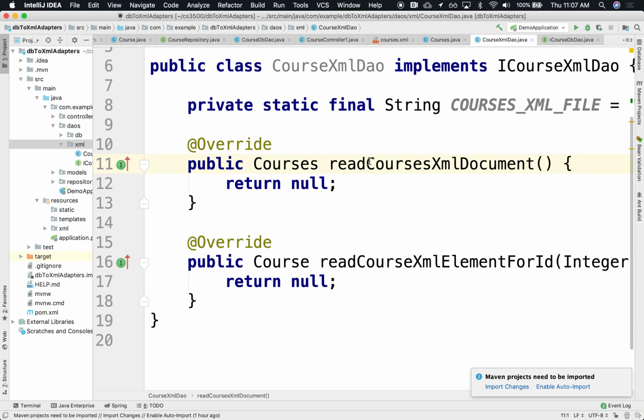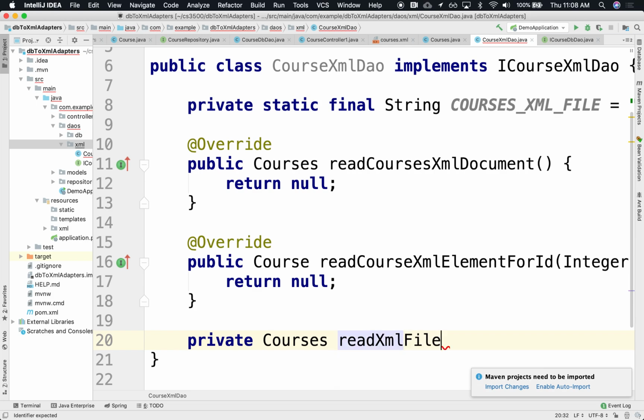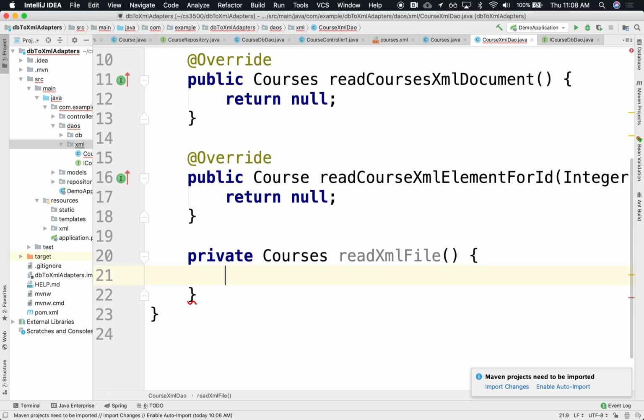And what I'm going to do is create a private utility function that is able to read that file and give me back a Courses object. Just like JPA is reading records from a database and returns objects to me, same thing. Something's going to give me back a Courses. So I'm going to call it readXMLFile. To do this, we're going to use the JAXB library, and